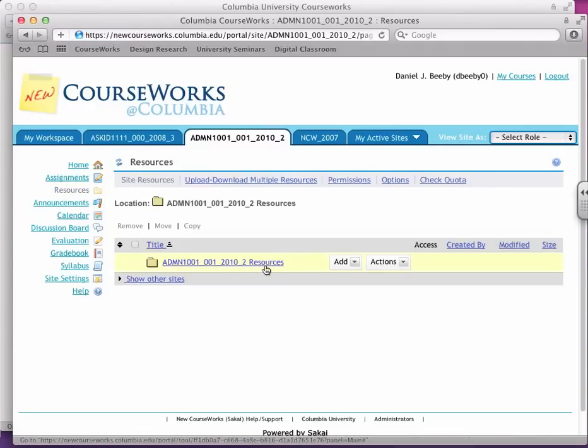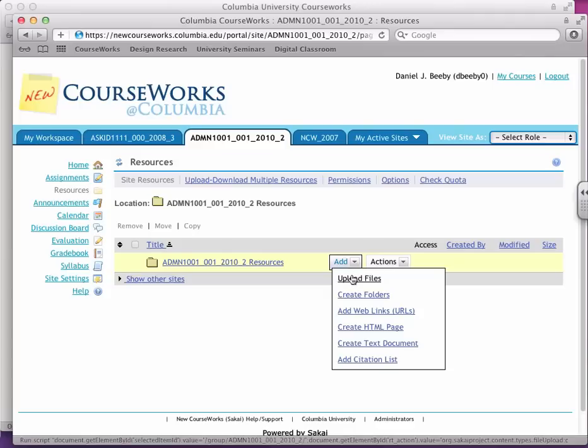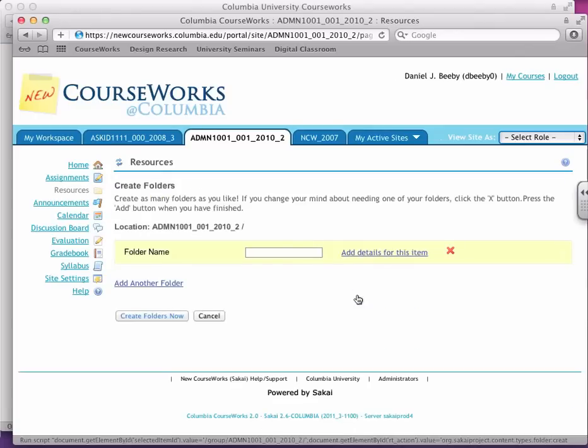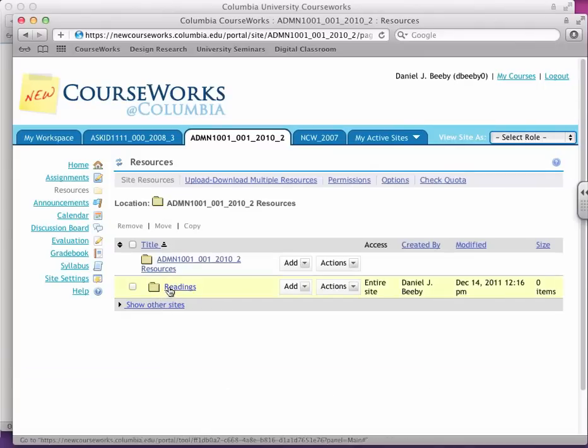And you can see I have an empty folder in which I can either add items or work on the folder under the Actions tab here. So if I go to Add, see that I have several options here in terms of how to add new items to the folder. The first thing that I'm going to do is set up a new folder. And in here I'll just put a Readings folder. All right. And I might make another folder called something like